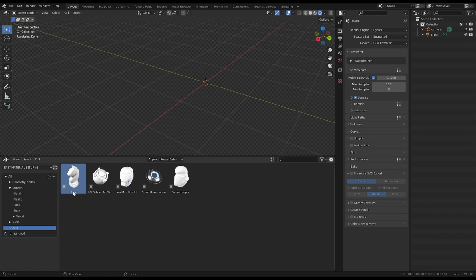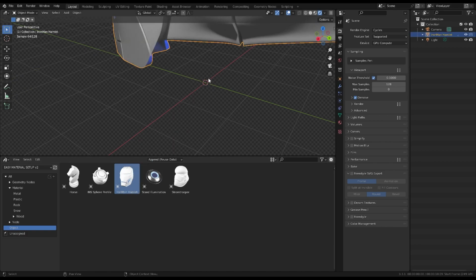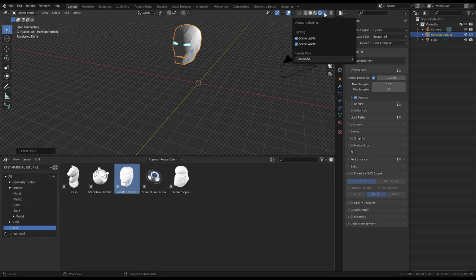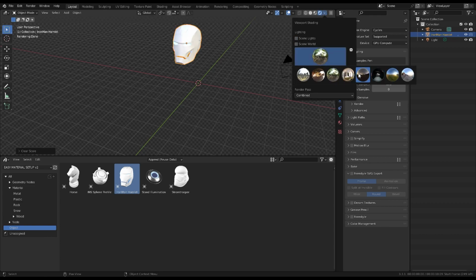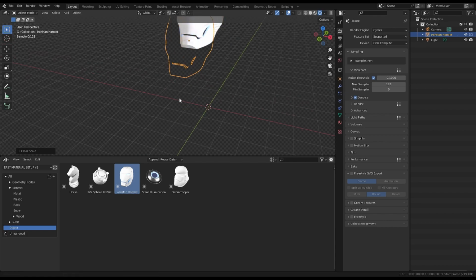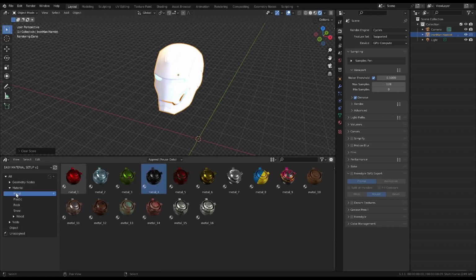I use an object for material preview and change the lighting to this room. Okay, go to the metal, it's 16 metal materials,